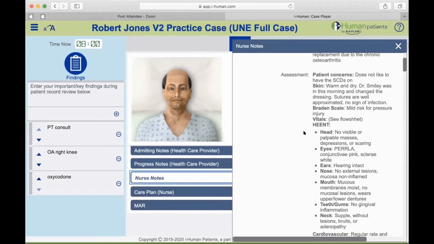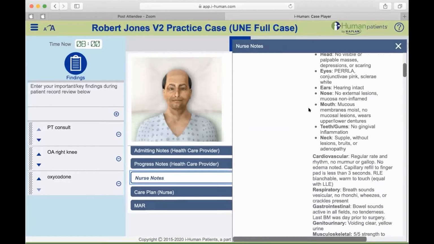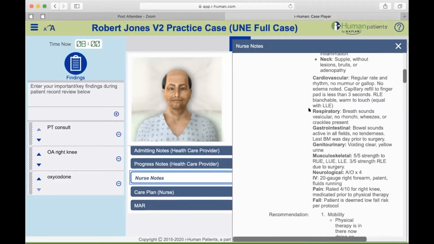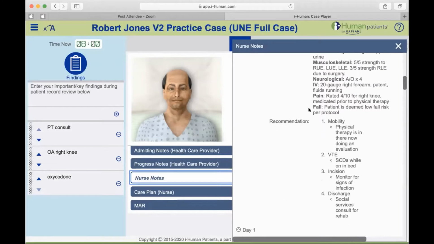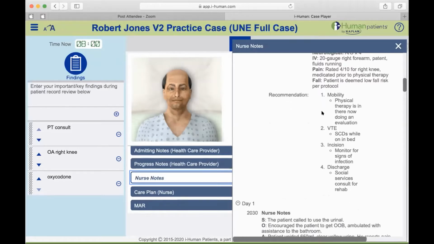Here's the latest assessment. He's mild risk for pressure injury. There was a physical assessment done. Recommendation, therapy's in there now doing the eval. This is good. SCDs should be on while in bed. And so if your students are looking carefully, they see that mobility, incisions, that's going to be something that we're